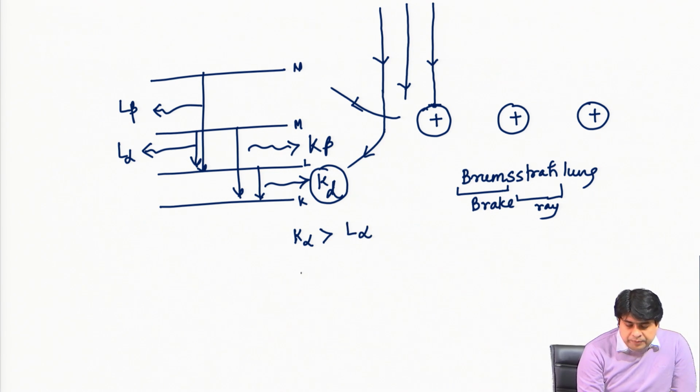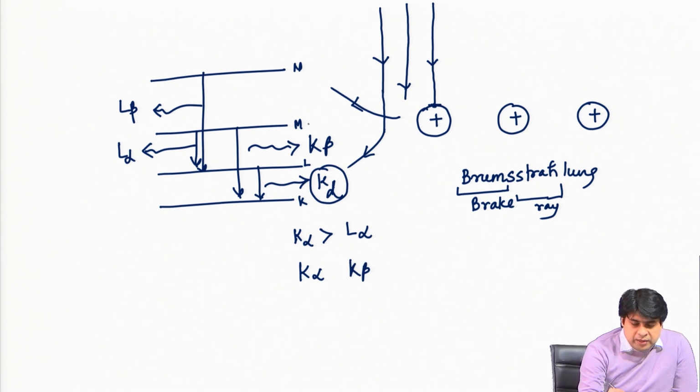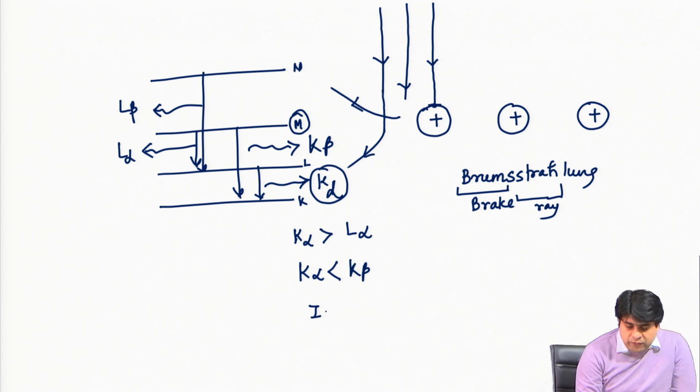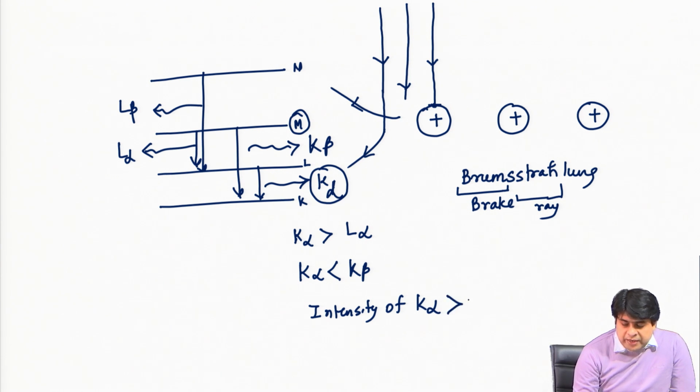But if you compare K alpha with K beta, K beta is produced when the electron moves from the M shell to the K shell. So in that case your K beta will have a higher energy. If you see the intensity, the intensity of K alpha is always greater than the intensity of K beta,